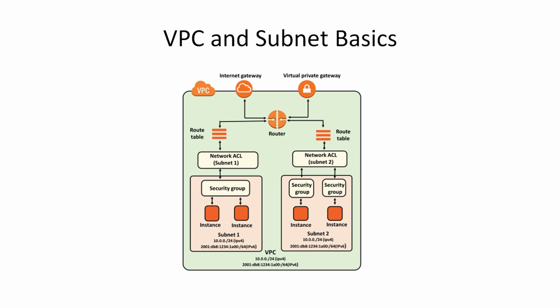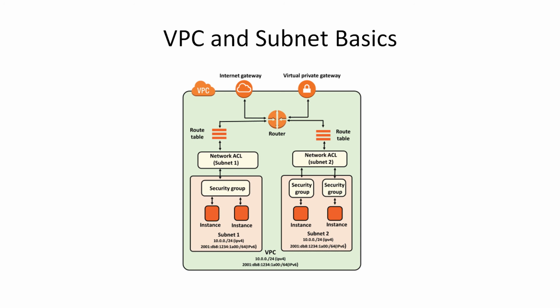For each subnet we have a different NACL. What this NACL does is, it is kind of a first layer of defense. So actually we have 2 layers of defense. The first one is the network access control list, that is the first layer of firewall. The second firewall comes in the security groups.